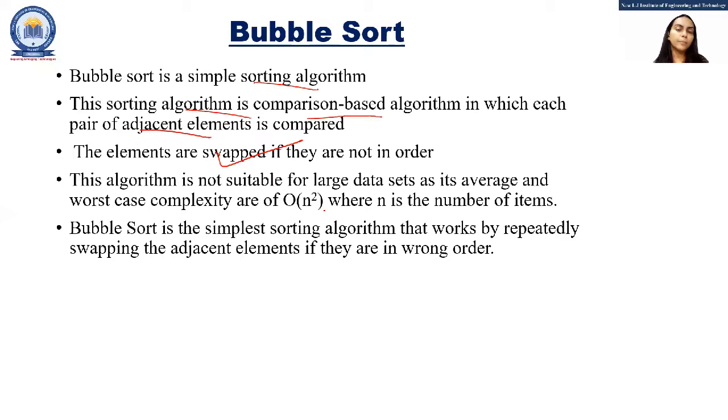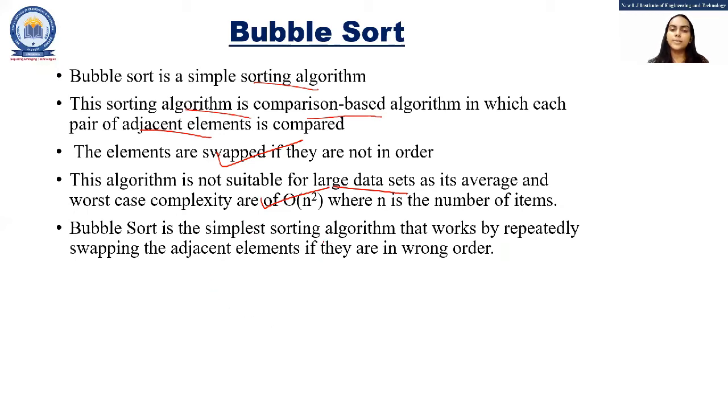Now, the more data there is, the more comparisons it would require. So this algorithm is not suitable for large data sets, because multiple comparisons take place. In the worst case, that is, if we are sorting an array in ascending order and the input array is completely reversed, there would be the maximum number of comparisons, and that would be of complexity big O of n square, right? The average and worst case complexity is big O of n square. So for a small data set we can go for bubble sort, but for a very large data set, it is not useful.